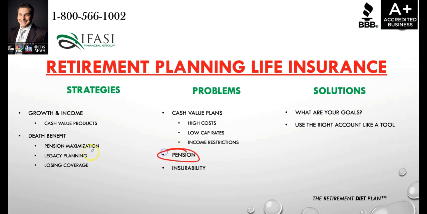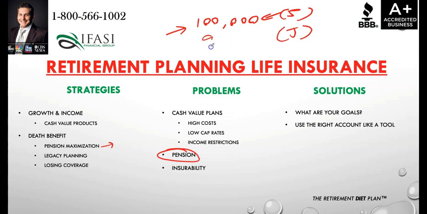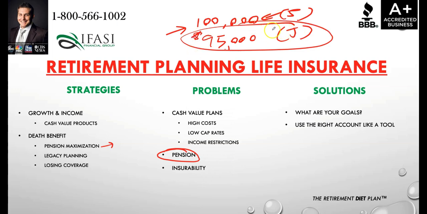Another common mistake we see is when someone's trying to leverage a pension maximization strategy and the life insurance is significantly more expensive than what the net benefit is, the net difference between the single life option and the joint life option. So like, as an example, let's say we have a husband that is being offered $100,000 for a single life pension option, or for a joint pension option, they're going to be getting $95,000 per year. Why would they not go with the joint life option if that's what's most important to them? It's a $5,000 difference. $5,000 isn't going to be able to compute to $1 million or $2 million of a death benefit.